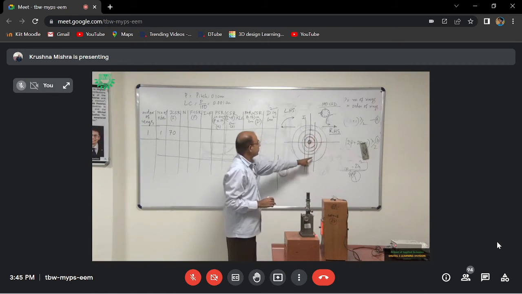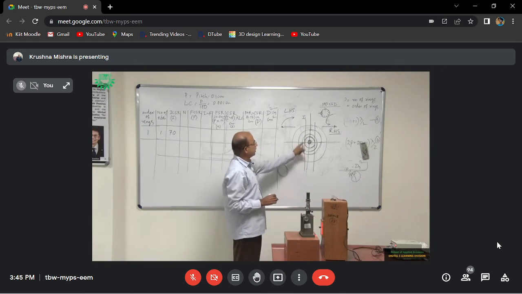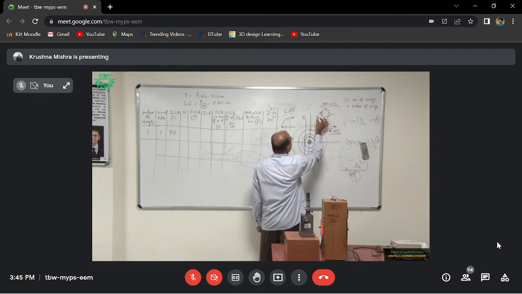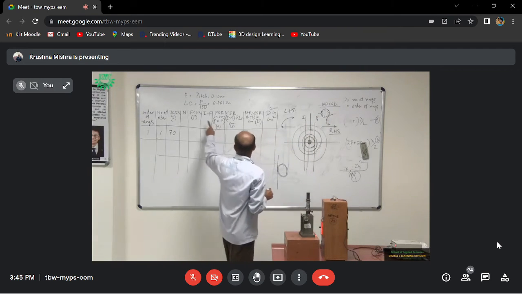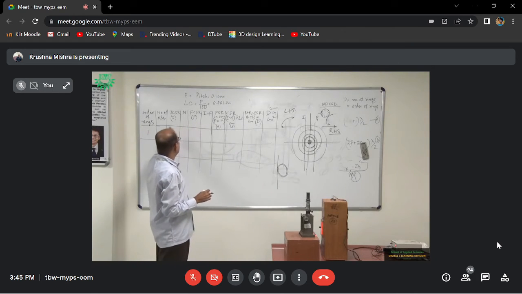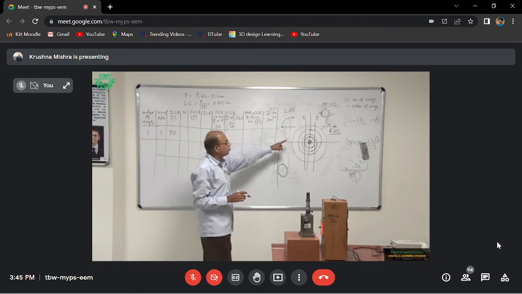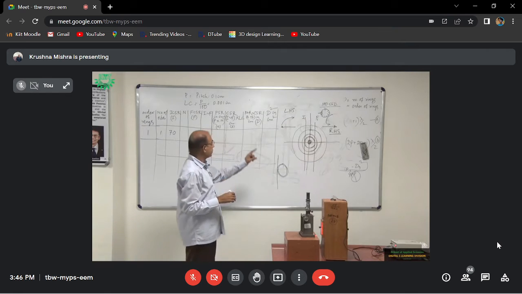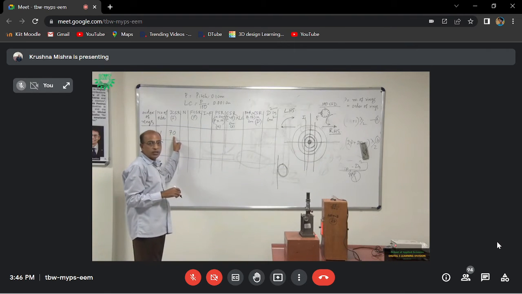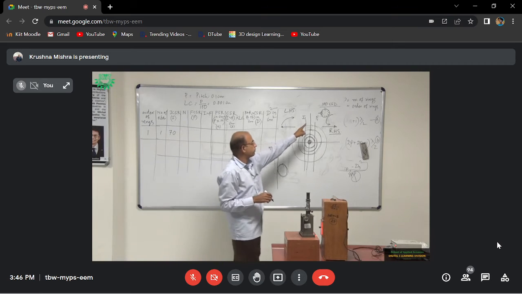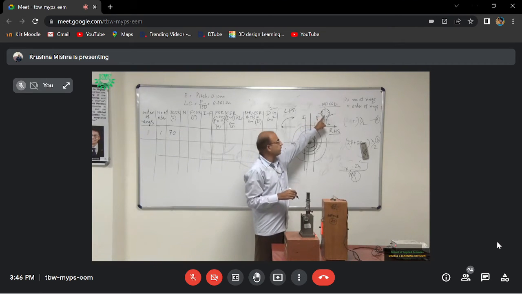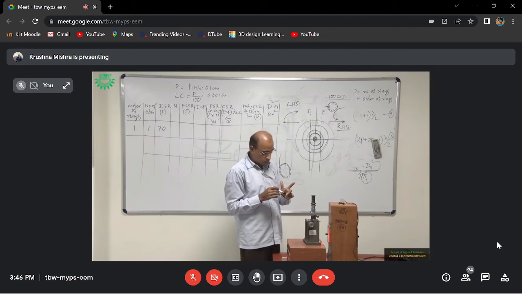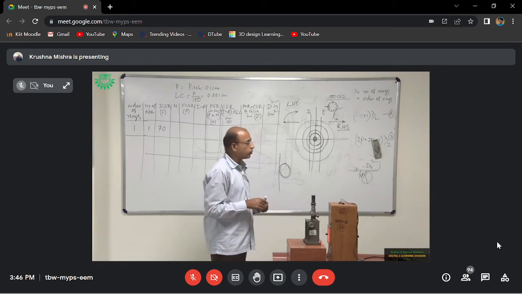So after keeping it tangential exactly at the outer periphery of the same ring, again I will note down the final circular scale reading, that is F1, for the first ring. So I have to rotate this anti-clockwise, and while rotating we have to keep in mind how many times this 70 crosses this reference mark. If I don't see carefully, then it becomes wrong. So while rotating, we must be careful to find the number of rotations.